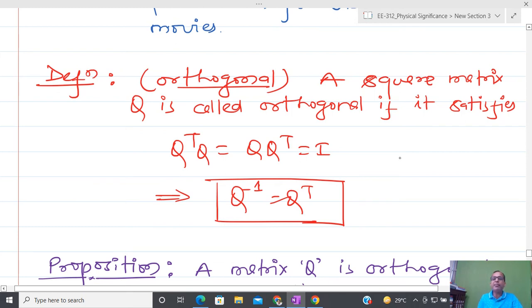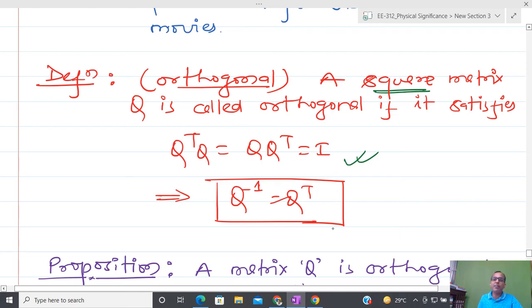So whenever I am talking about the orthogonal matrix, at that time we limit ourselves to square matrices only. A square matrix is called orthogonal if it satisfies this kind of condition: Q transpose Q equal to Q Q transpose equal to identity, then I can tell that it is an orthogonal matrix. Okay, so what happens is that in several practical applications, people found that this kind of matrix appears. So due to that reason, they have given some kind of name for that, and after that, with existing theory